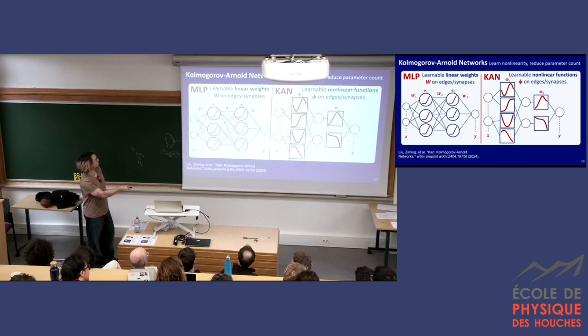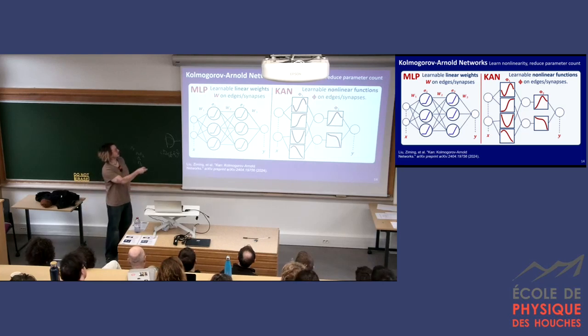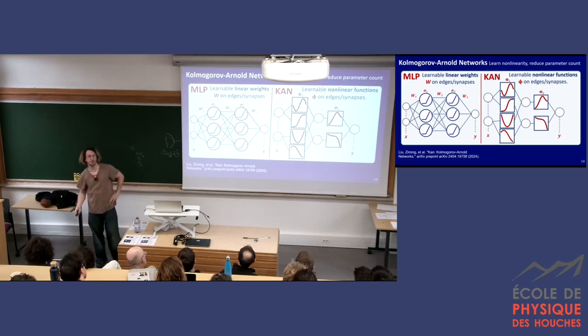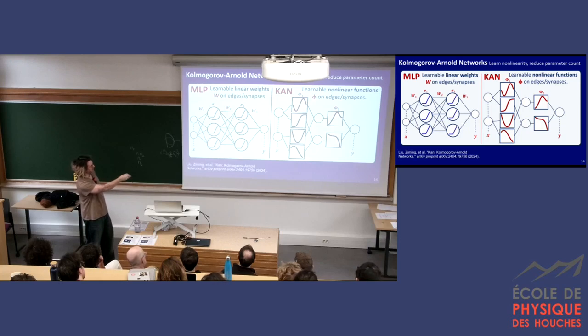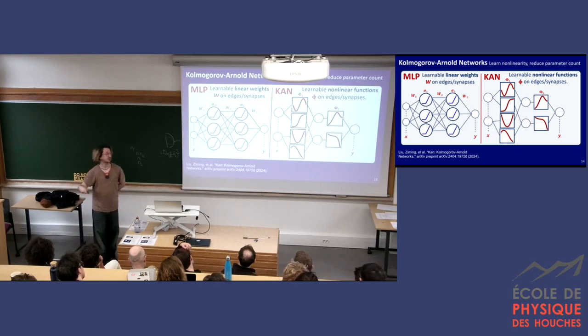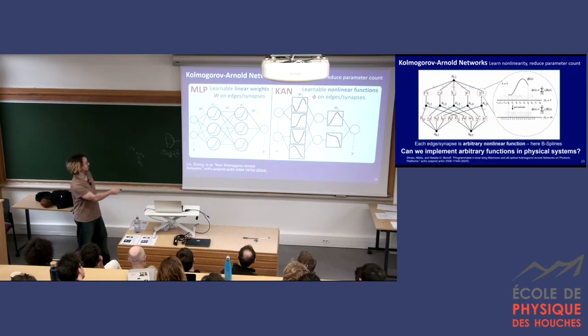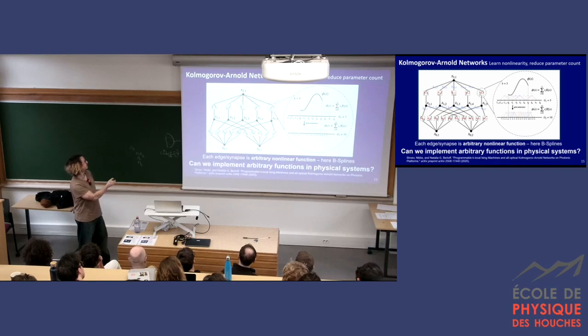So we were thinking about this in our group, and around that time this Kolmogorov-Arnold paper came out. It's a pretty simple switch. You take your learning from these linear weights and static nonlinear neurons, and you just invert that relationship. So here, your learned resource is a nonlinear arbitrary function which lives on your edges or your synapses. And then your neurons are just linear sums, something like a Kirchhoff sum. So there's a preprint there. And okay, yeah, so that's it.